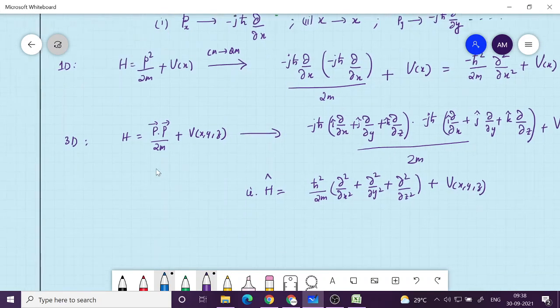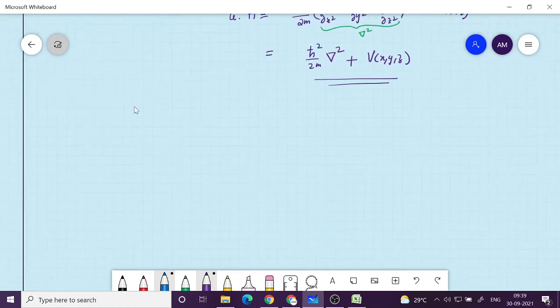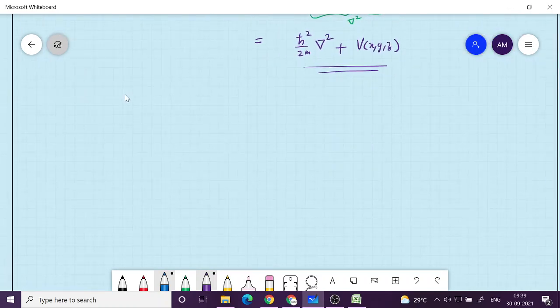Okay, so once you have the Hamiltonian operator, then you can write the Schrodinger equation by substituting it. So this can also be written in terms of del square. This is also called the Laplacian, which is popularly denoted as del square. It's a shorthand notation. So therefore the Schrodinger equation becomes